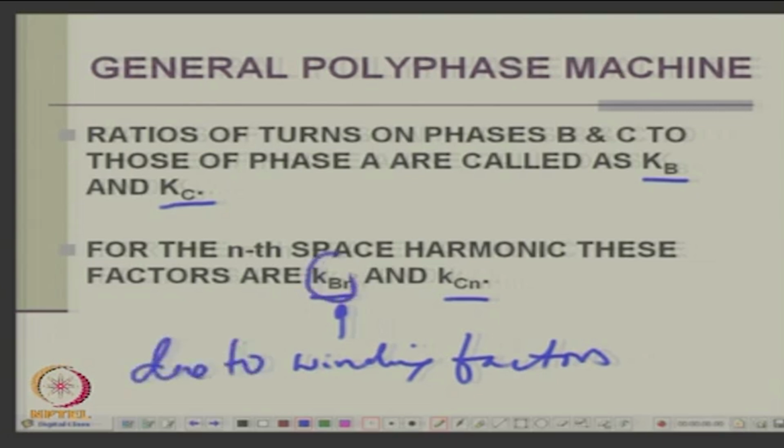KBN and KCN. The nth harmonic electrical angle is different than the fundamental, because the electrical angle is decided by the poles and your poles are different. See, you know that pitch factor Kp is, let us say, cos beta by tau, is it not, for